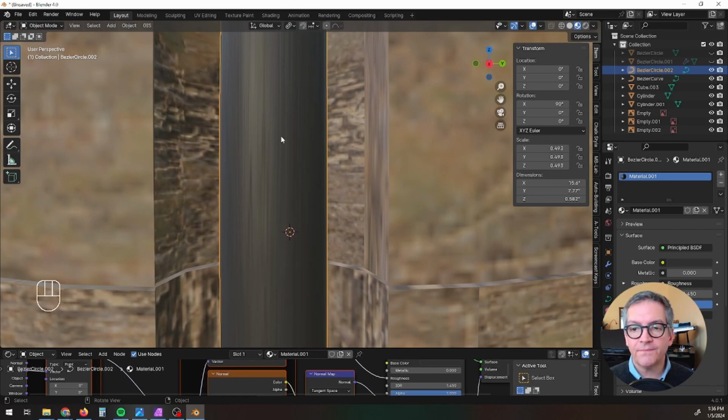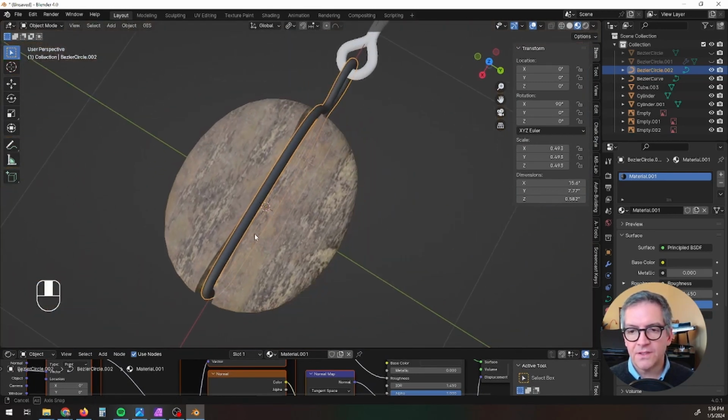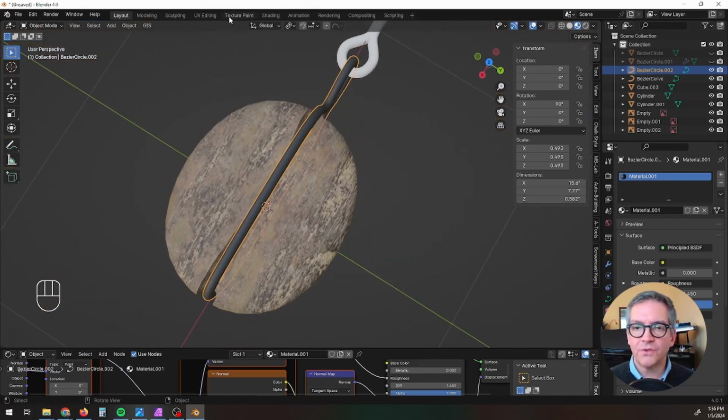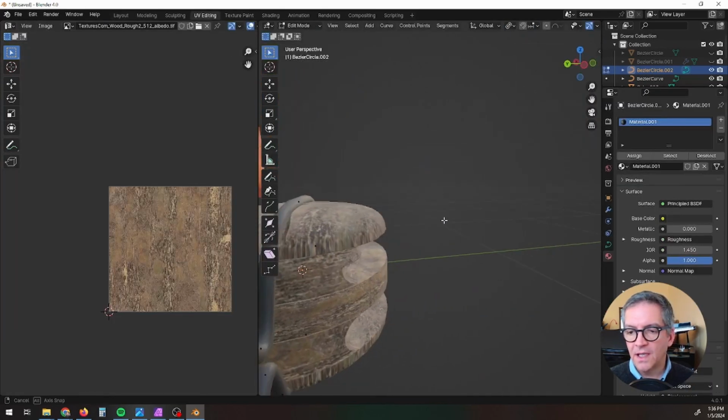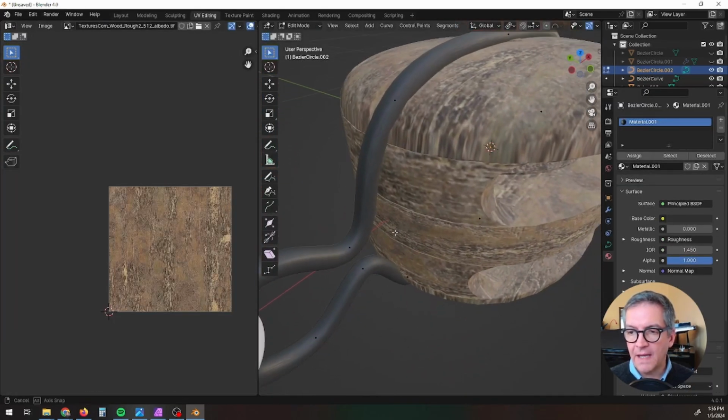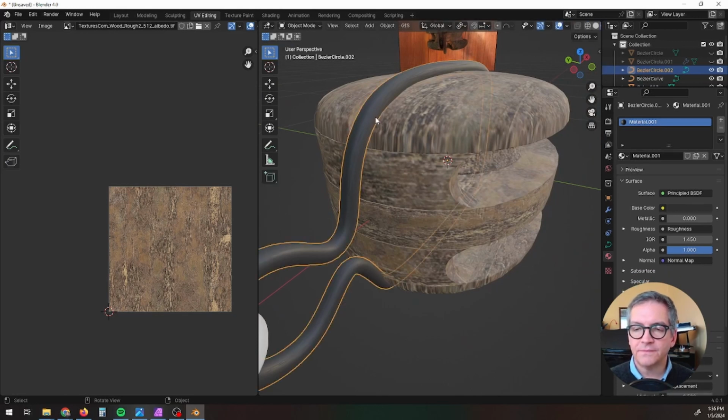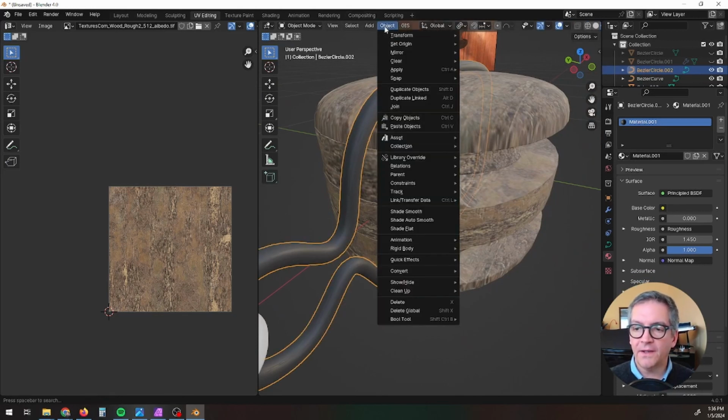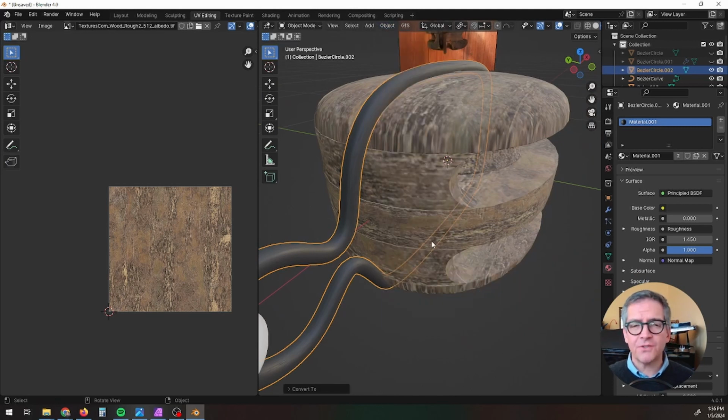So what do we need to do? We need to unwrap it. So let's go into UV editing. And oh wait, I can't unwrap it, it's a curve. So this is where I now have to convert the curve to a mesh, which I'm going to do anyway,